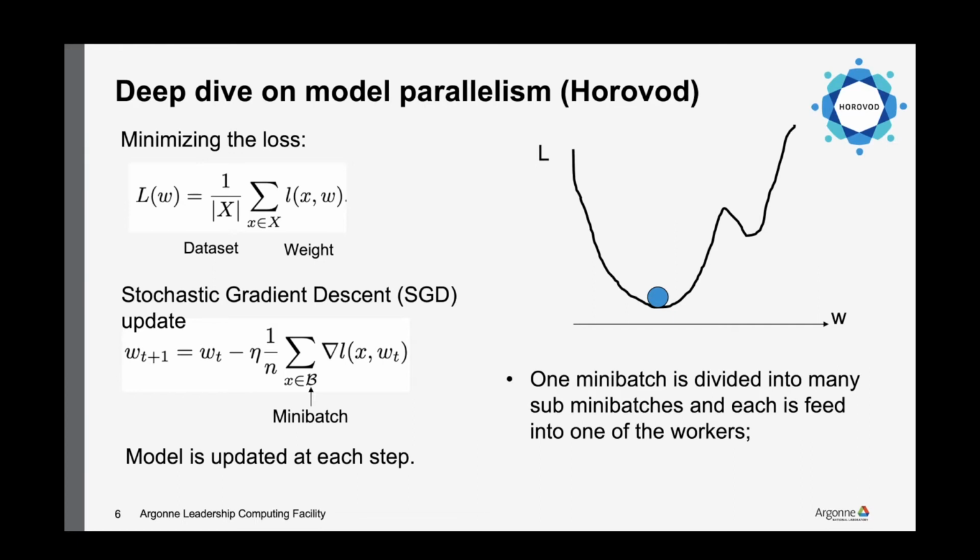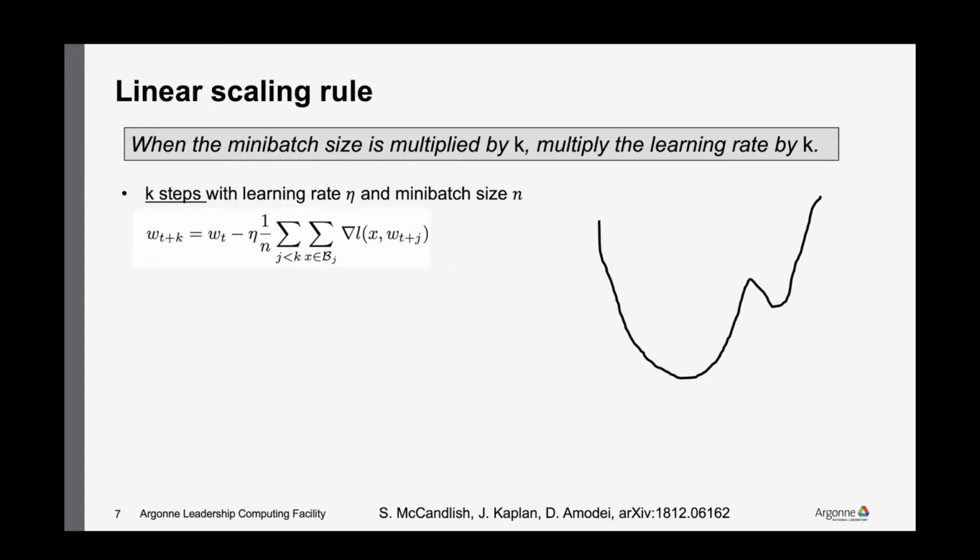And then at the end of this one mini batch, which is one training step, we do the allreduce. So this is basically the whole framework, and there are some things we need to change. First is the so-called linear scaling rule. In the training we have a variable called the learning rate, right? This is basically the step you jump in the optimization,